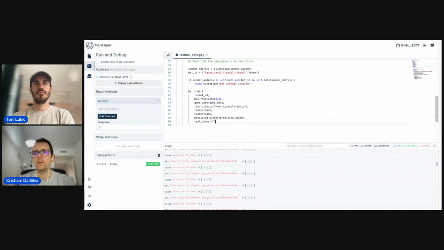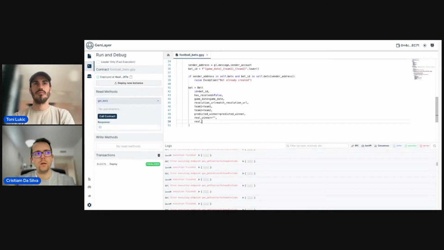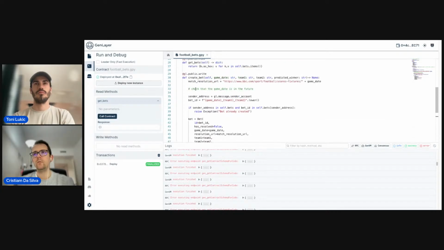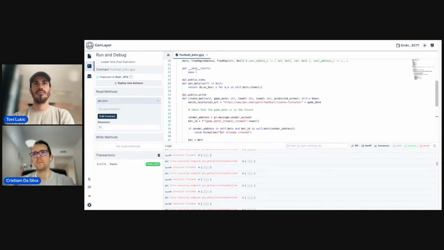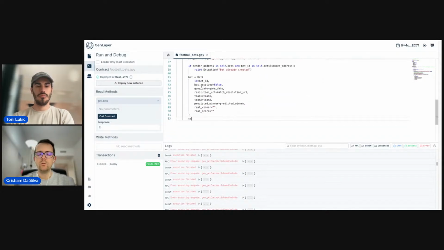Real winner is an empty string, and real score is an empty string, okay? So now that we have our bet created, we can just add it to the tree map that we have right there on the bets, right? So let's do